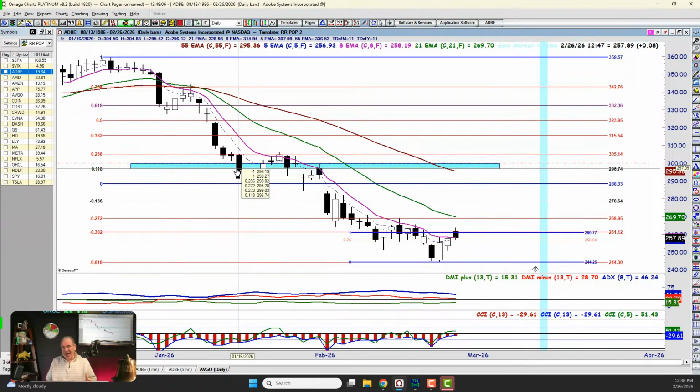Could you make the same analysis while the market's open? Absolutely, but not at 12:47 in the afternoon. I'm going to look to do this in the morning sometime, when I've got a full day ahead of me as potential trading. You're going to see the biggest, swiftest moves take place on a regular basis between that first open of the day, 9:30 Eastern, until 10:30, 11. That's when most of your move takes place. You'll get a low for lunch.